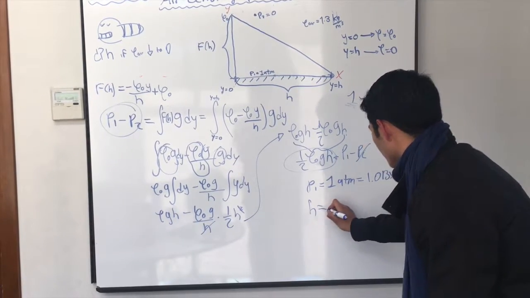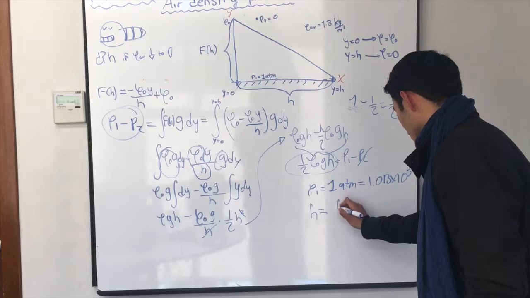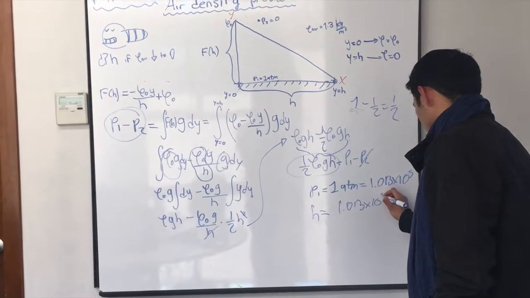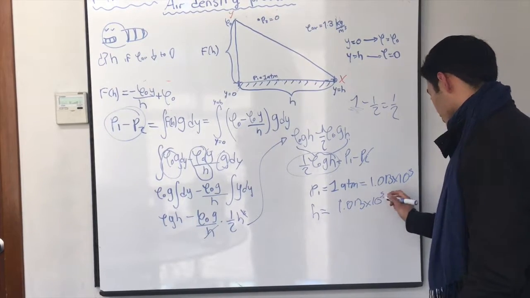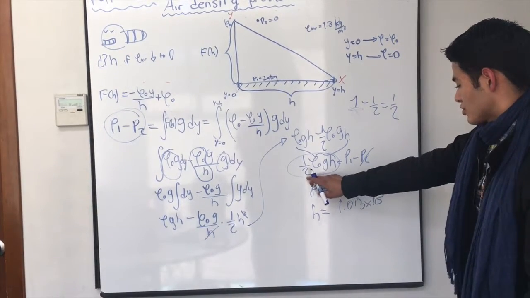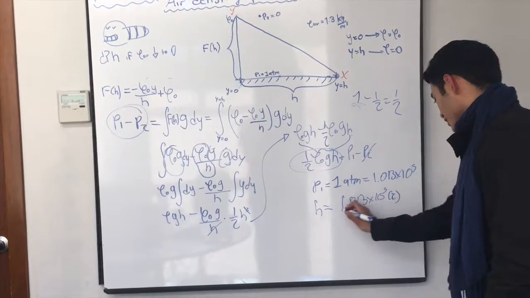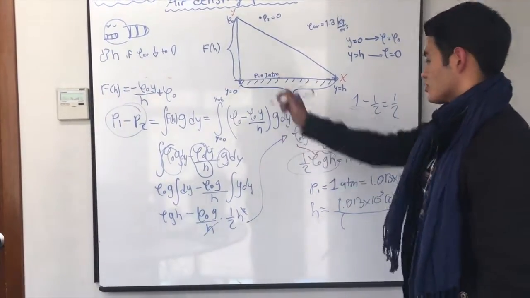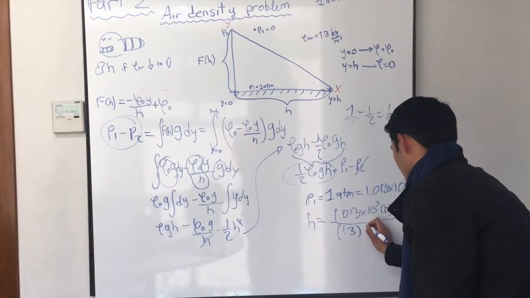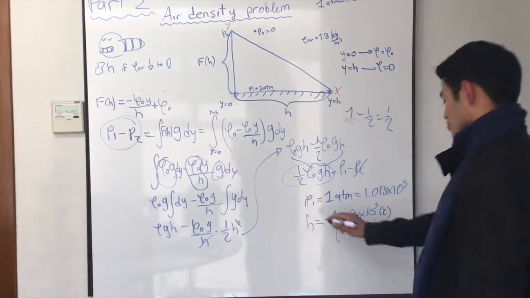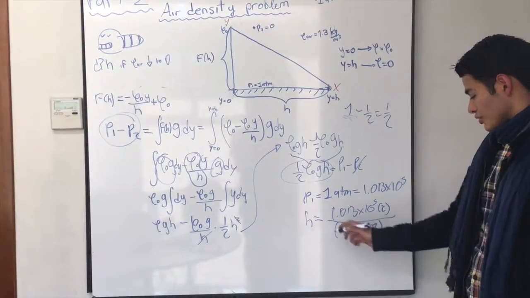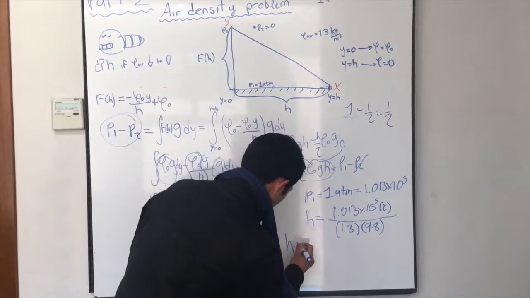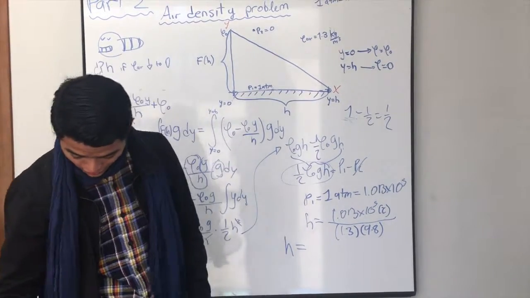So h will be equal to 1.013 times 10 to the 5. These two in here will go multiplying, and all this, the density, that is 1.3 times the gravity, goes dividing to the other side, and well, we just need to solve this, and we will find that our height is equal to